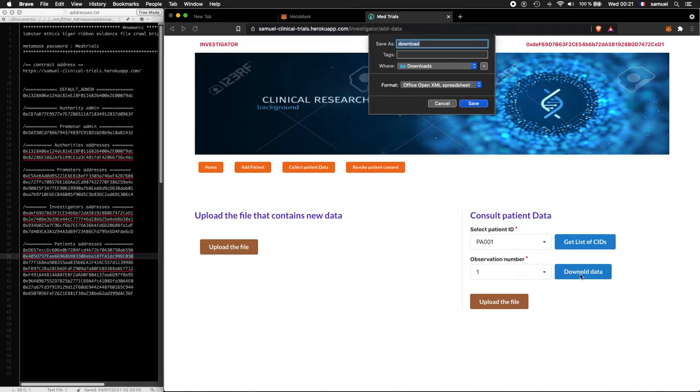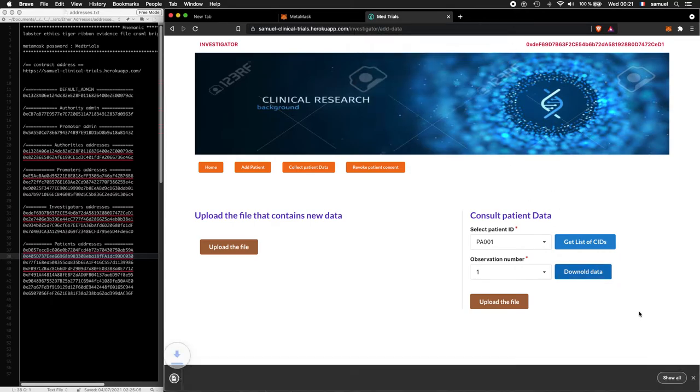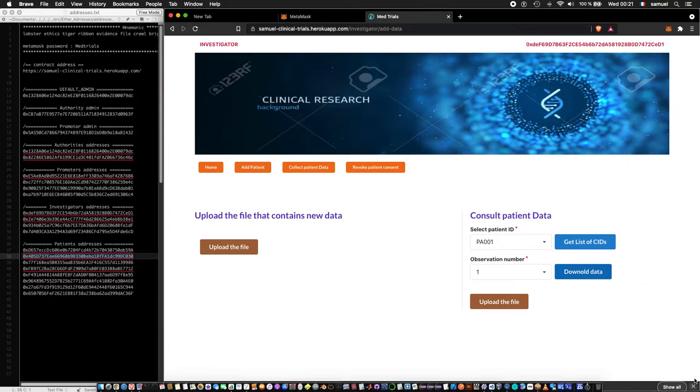Now, on clicking on Download Data, we are retrieving data from IPFS, and IPFS returns this file, so we need to save it. I will name it trial 1 and save it in the download folder.